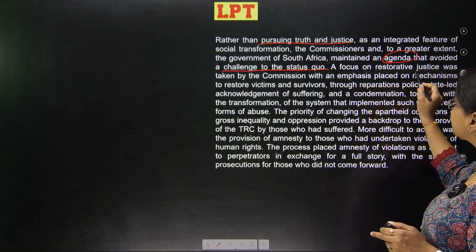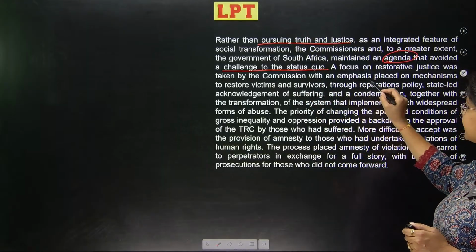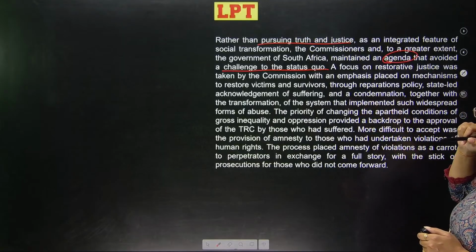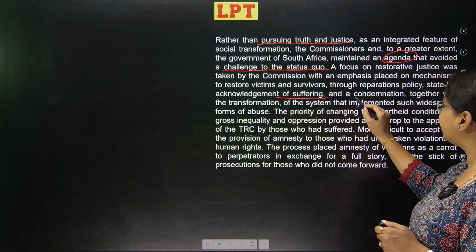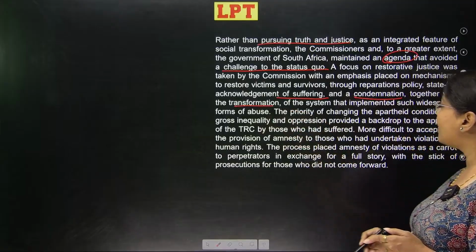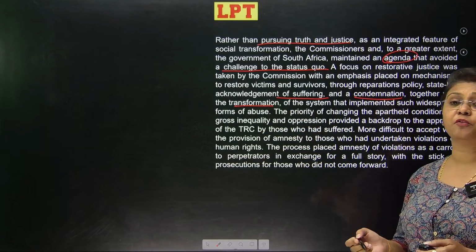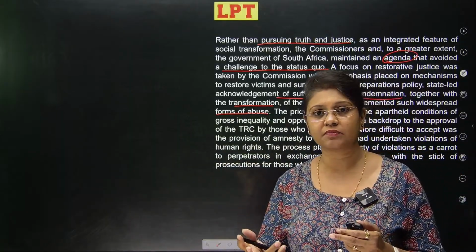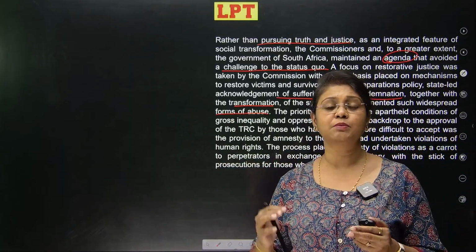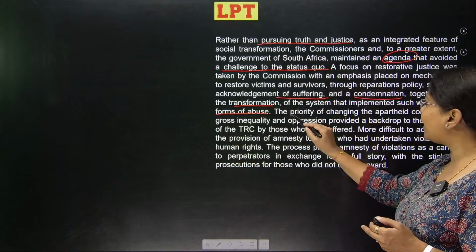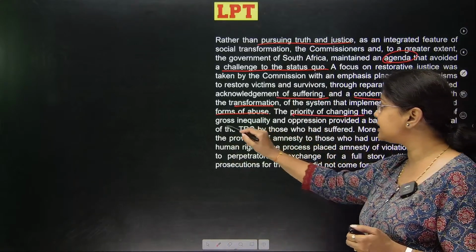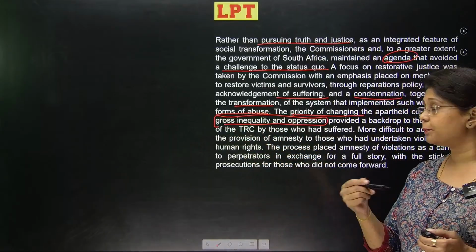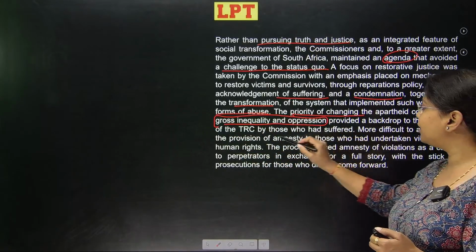Now, a focus on restorative justice was taken by the Commission with an emphasis placed on mechanisms to restore victims and survivors through reparation policy, state-led acknowledgement of suffering and a condemnation together with transformation of the system that implemented such widespread forms of abuse. So if you look at how this passage is drafted, it is going towards the negative side, a slightly negative tone in terms of how the passage is written here. The priority of changing the apartheid condition of gross inequality and oppression. So you have also mentioned gross inequality and oppression